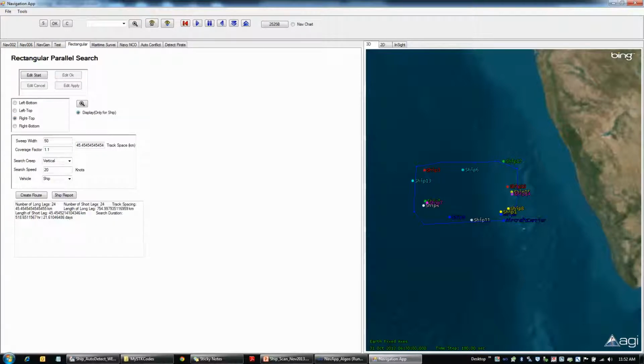So here please note that you have to come back to the rectangular square search, parallel search, and create the region that you want to analyze. Click on OK, and then you choose your route and give a sweep width of maybe 50, vertical and horizontal. You have to choose air here, because this is an aircraft that starts flying from the aircraft carrier, and it has to intercept all these ships. And clicking on create route